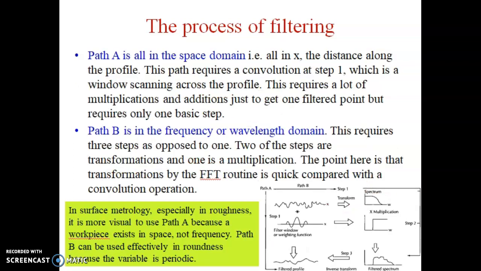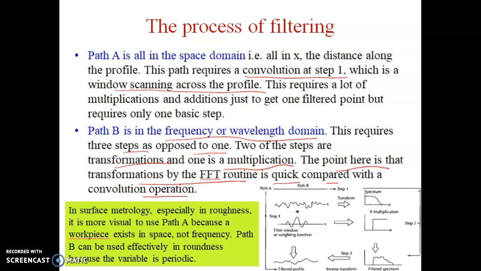In path A, we have only one step, and that step is known as the convolution step, which is a window scanning across the profile. While path B is a frequency or wavelength domain, this requires three steps as opposed to one in path A. The two steps are transformations and one is a multiplication. The point here is that transformation by the FFT, the fast Fourier transformation routine, is quick compared with